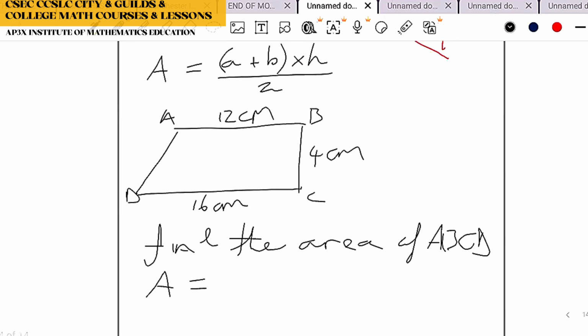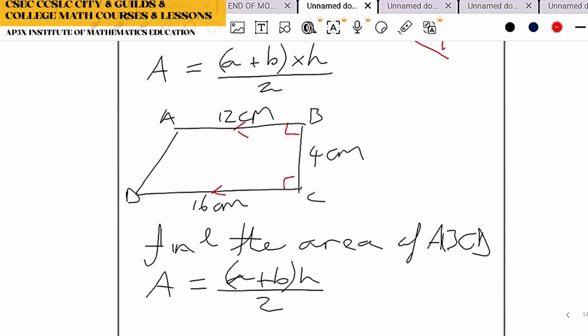A equals (a plus b) times h divided by 2. Can somebody tell me what is missing from my diagram? That's making what I'm saying flawed. What is it that's missing? The arrows? The arrow. If the arrow is not there, then all of what I've just said makes no sense. So there has to be an arrow, or there has to be some sort of given information that will indicate to you that the diagram above is a trapezium.